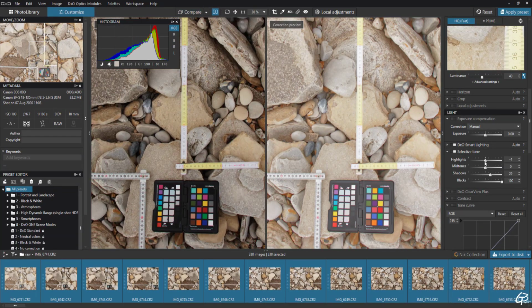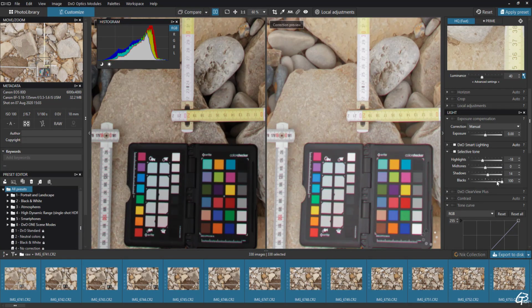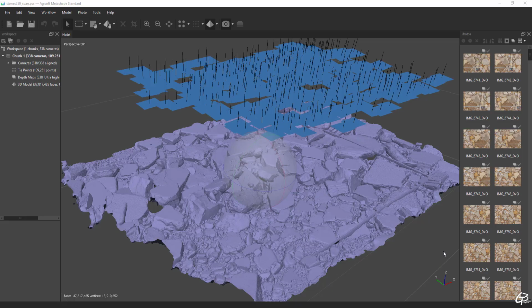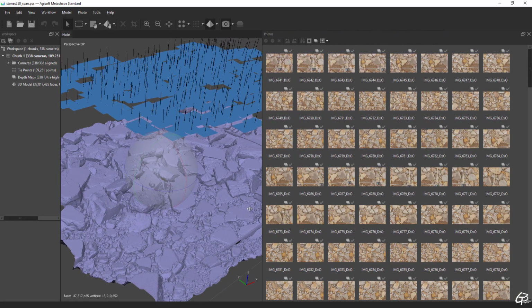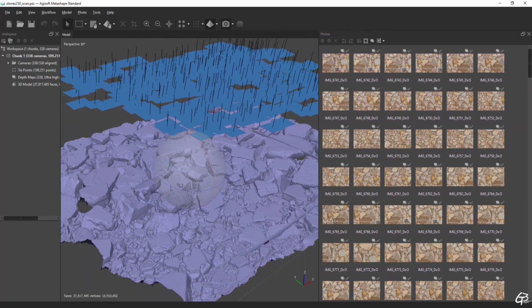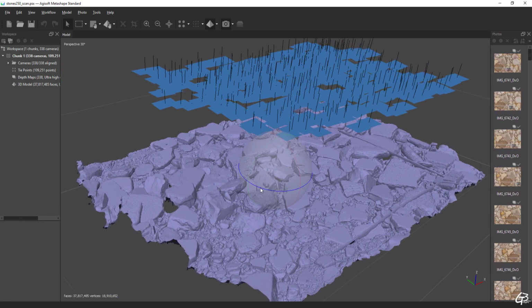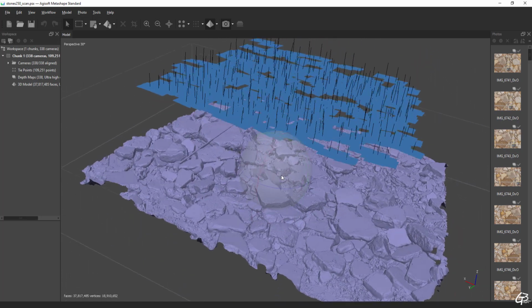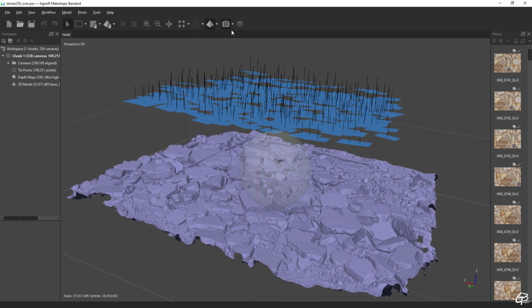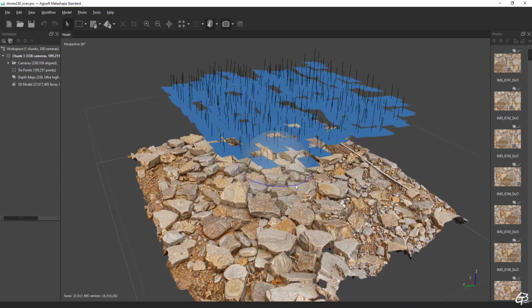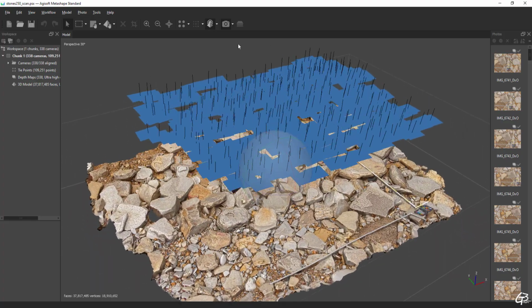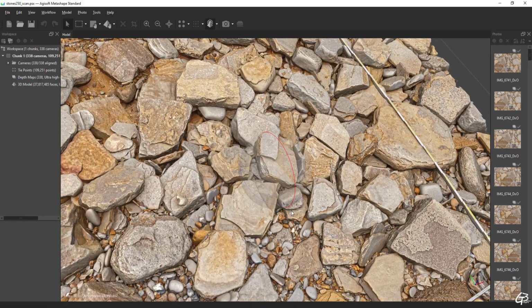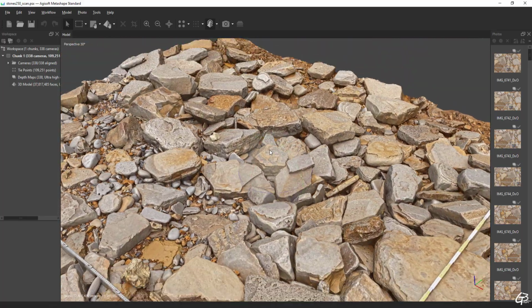Next, I processed them with the photo editing software to remove shadows and make sure that colors are physically correct. Finally, I processed these images in Agisoft Metashape and generated a 37 million poly heavy 3D mesh. This mesh is going to be used as our high poly model to present basic functionality and workflow for each baker. Since the mesh wasn't too dense, I decided to carry albedo information using additional texture, and I generated a 16K large albedo map. As a backup, I also stored color information in vertices.